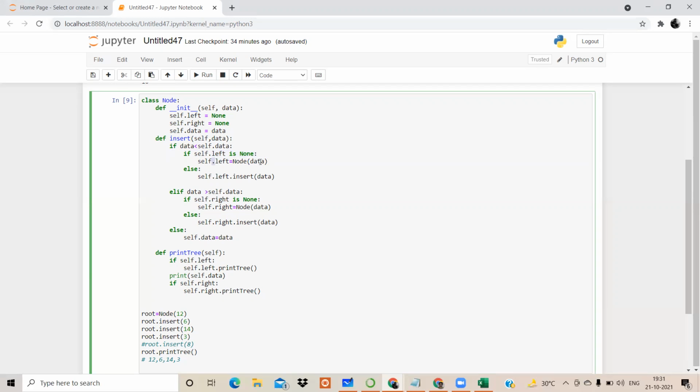Now it will add that 6 as a node on the left side. That means it will add 6 as a node, so that in future if you want to add any element towards this left and right, तो वो एक node हो चुका है. So next time suppose the new element comes as 3, so 3 will be compared with the 6, whether 3 is less than or greater than 6. That's the reason वो node बनता है and left में add होता है. I just hope this part is clear.